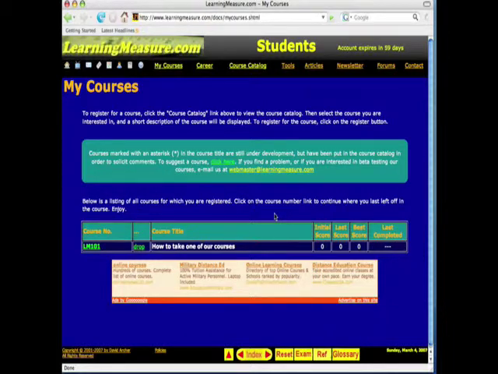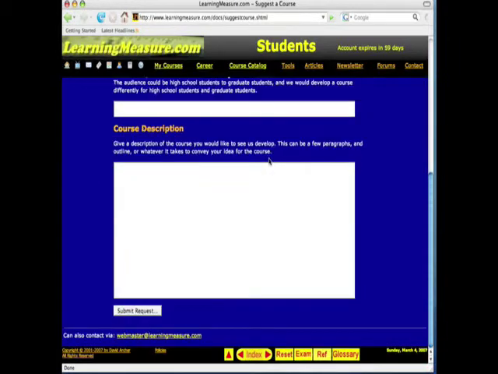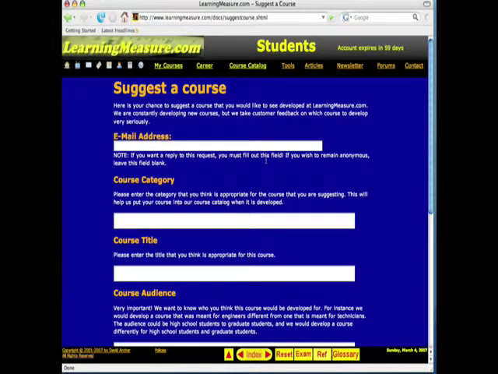The other thing we really want you to do is, if you have an idea for a course, if you want us to put together a training program on a specific subject, or a piece of software, or a technique, or whatever, up here in this green box, there's this click here link, and you can put in information to suggest a course. We take that very seriously. We'd like to tailor this to what our users want to see. So please suggest a course if you want us to develop something for you.